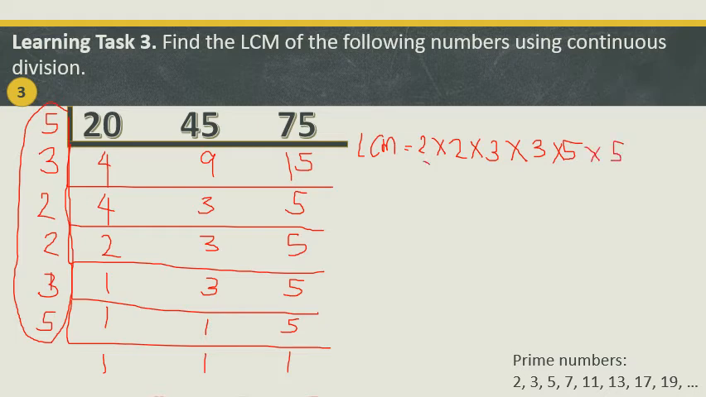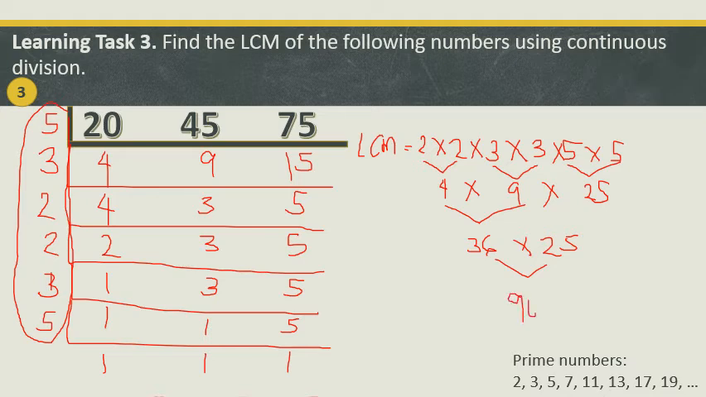Okay, so pag-partner rin natin pag-multiply, so 2 times 2 is 4. Then, yung 3 times 3 is 9. Then, 5 times 5 is 25. So, ang 4 times 9 is 36. So, i-multiply natin sila sa 25. So, ang pinaka-final answer natin sa 36 times 25 ay 900. So, yun po ang ating LCM dito sa ating